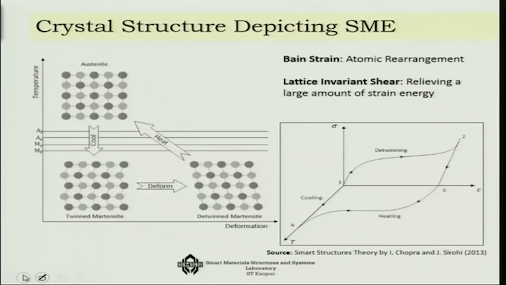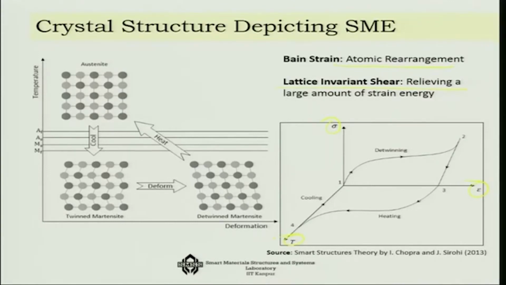So this is now in terms of a three-dimensional situation. Now there are two things that means. One is called the Bain strain, which refers to the atomic rearrangements, and another is the lattice invariant shear, which refers to the release of a large amount of strain energy. Now if I have to follow that, I have to look into now the combined diagram of stress, strain and